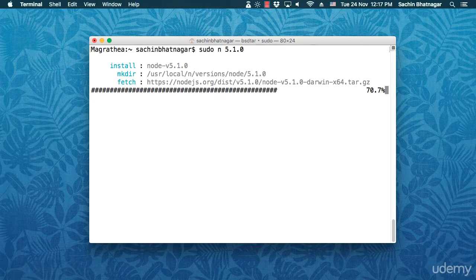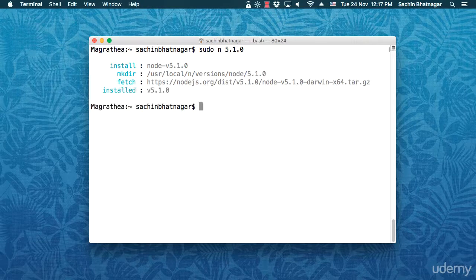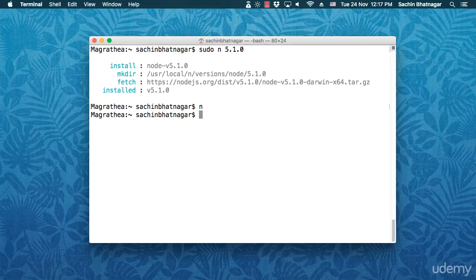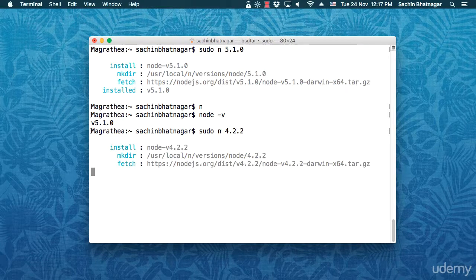It also activates this version, which means that this will be the default version of Node.js on my machine. If I now type node -v, you can see it shows Node 5.1.0 as the active version of Node on my Mac. While I'm at it, I'll also install Node 4.2.2 LTS by typing sudo n 4.2.2.